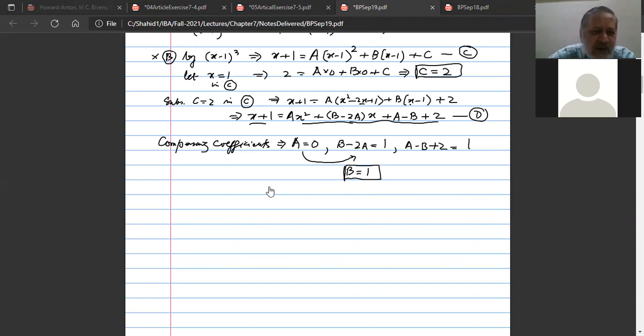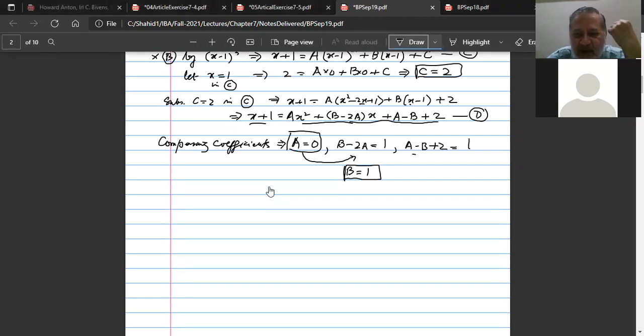There are various methods, approaches to solve this. So I don't bother what method you use unless you apply the method appropriately. For the time being, we are using a classical method of solving such problems. So we have got b is equal to 1. We had c is equal to 2. We have got a is equal to 0.